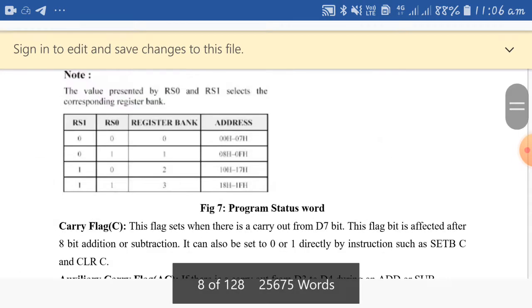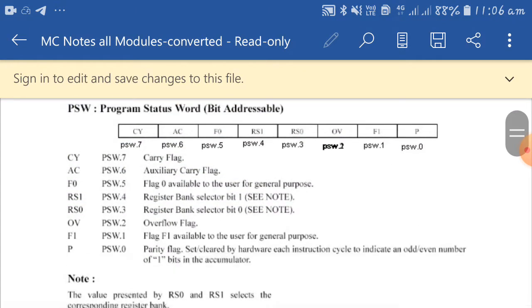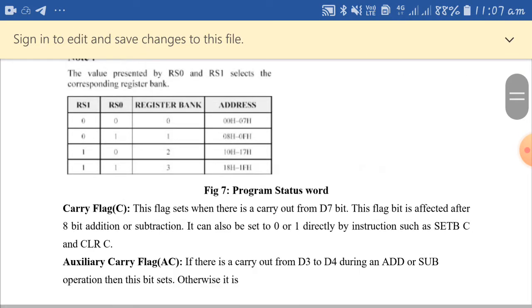Next, the carry flag is the 7th bit of PSW, and the 6th bit is the auxiliary carry, and the 5th bit is kept for user purpose or future use. Now we'll discuss the auxiliary carry.